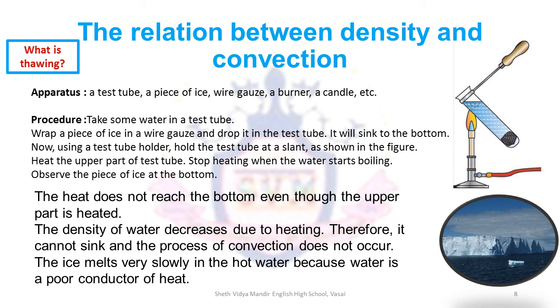Now in icebergs, in cold regions and in frozen lakes, we observe density very heavily. How is this concept so easy to understand? It's because we can see that the ice is floating on the water. Simply by observing that ice, the solid state of water, floats on water, we can easily conclude that ice is less dense than water, and that is why icebergs float on water.